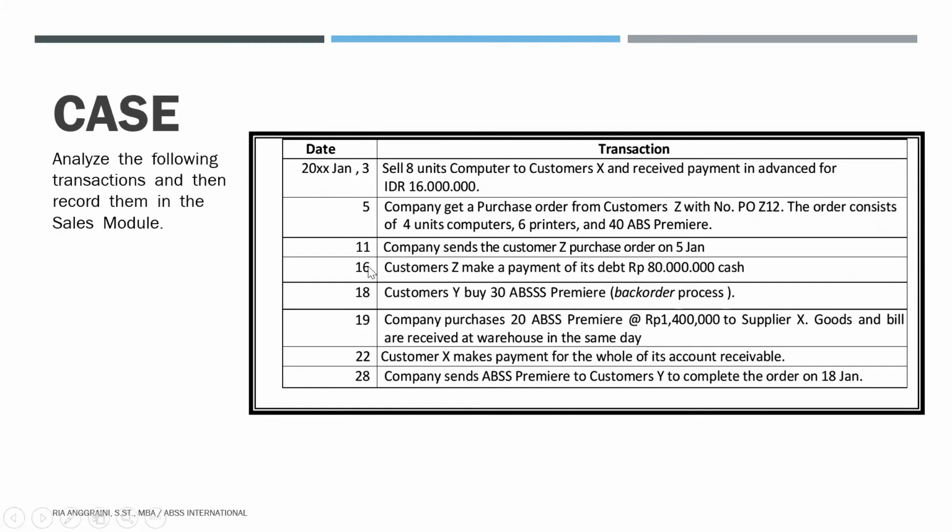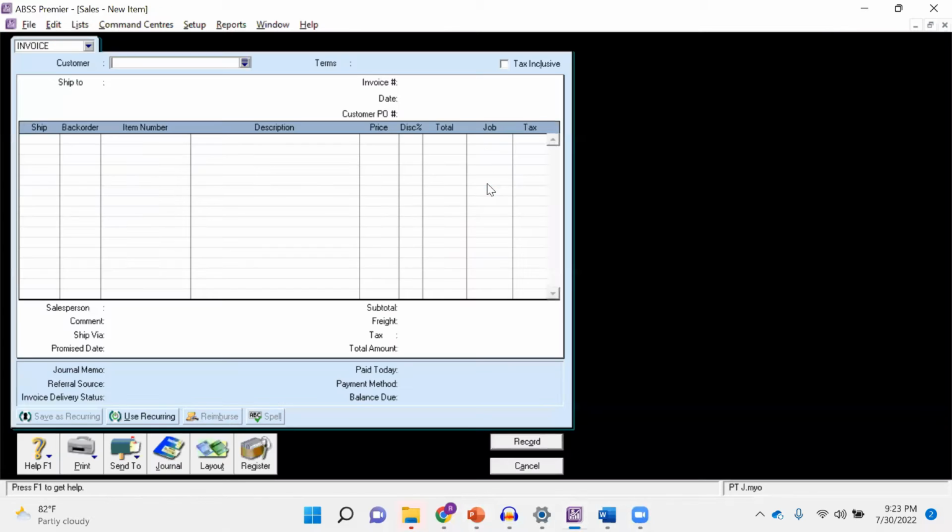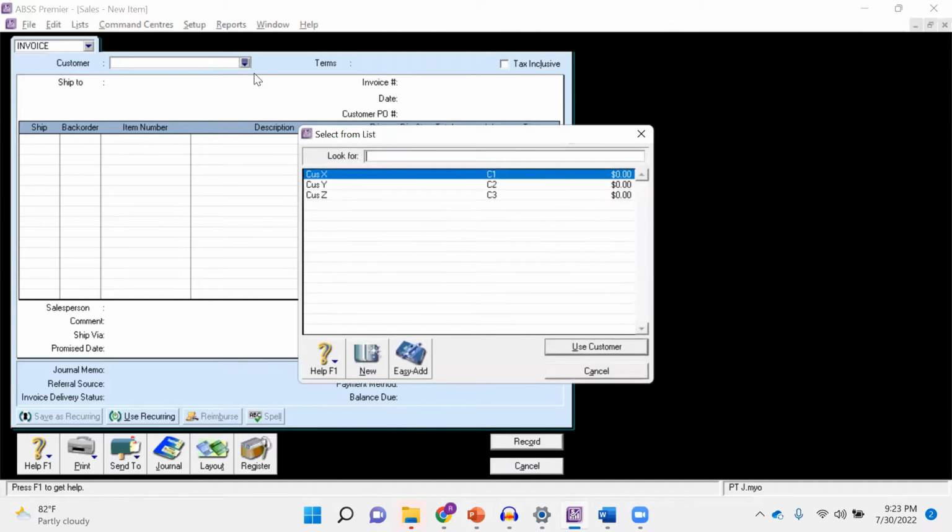The first transaction is on the 3rd January. The company sells 8 units computer to customer X and receive payment in advance for 16 million rupiah. So we can go to the enter sales and then choose the invoice and then choose the customer.